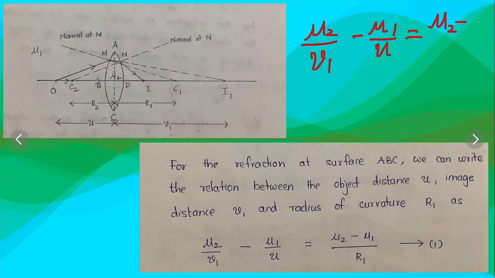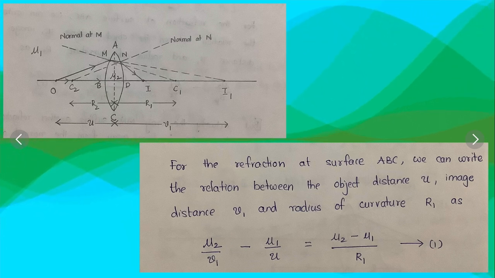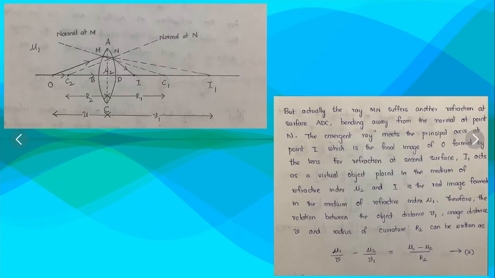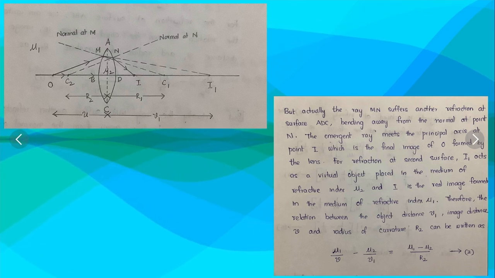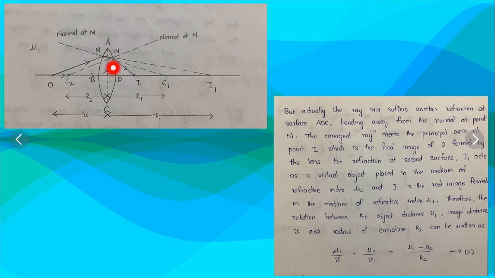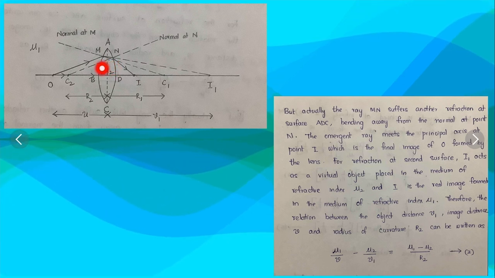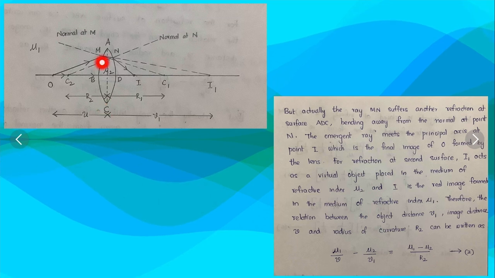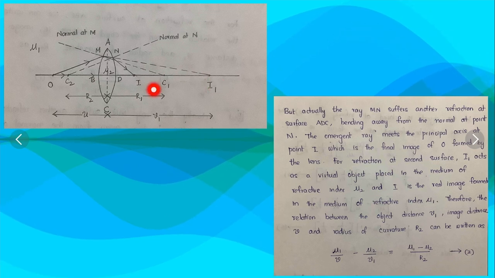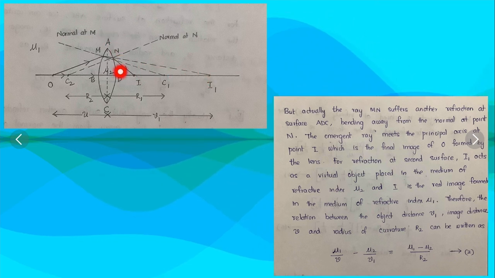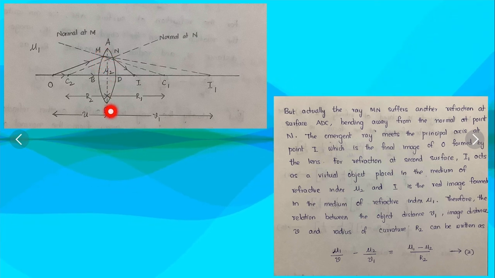Now let us continue our discussion. This is very important, so let's go slowly. After that, the ray MN suffers another refraction at the surface ADC. Because ADC is present, it didn't travel straight. Earlier I told you, if ADC was not there, it could have traveled straight like that. But because of ADC, it suffers another refraction at the surface ADC,